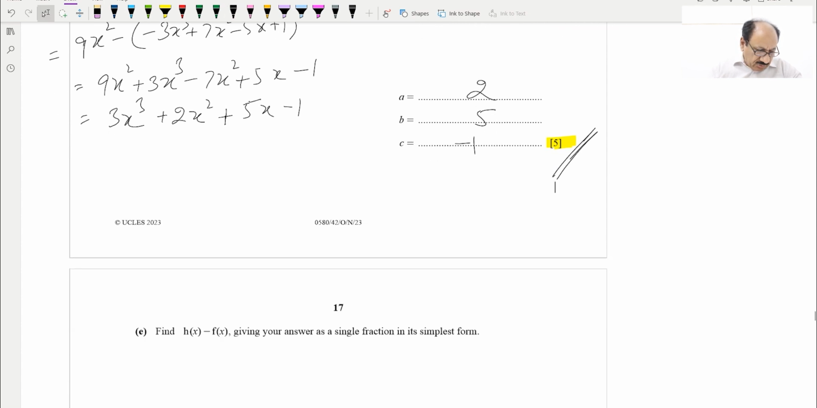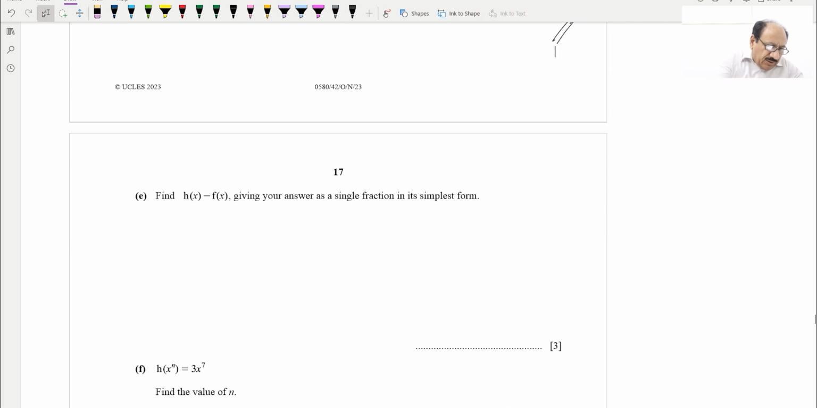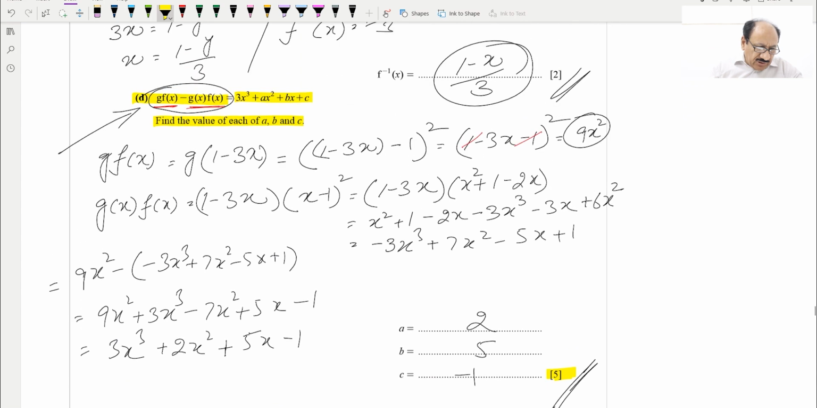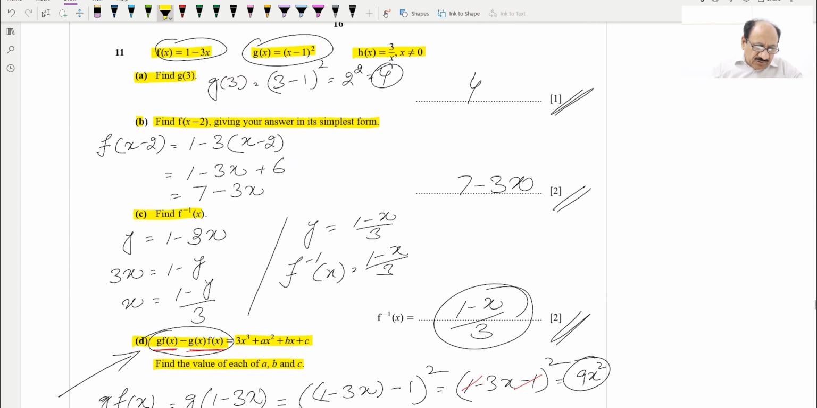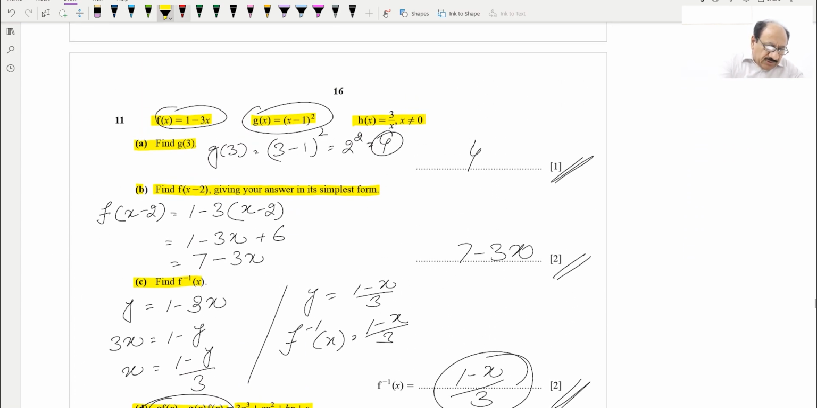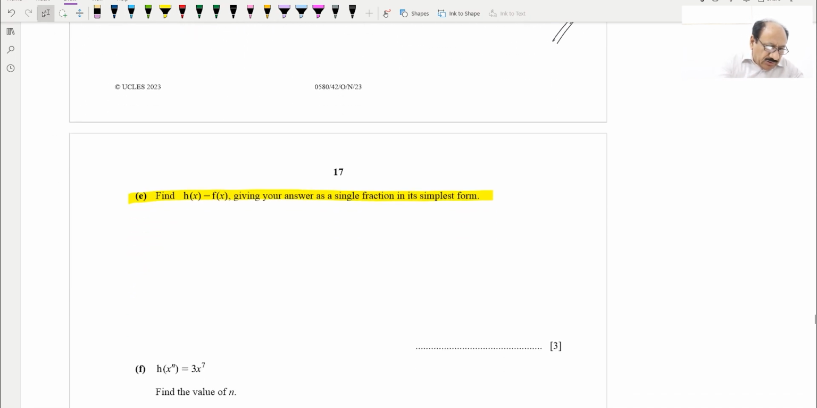Hopefully you understood this. Now part E says find h of x minus f of x, giving your answer as a single fraction in its simplest form. So h of x is what? h of x is over here, which is 3 over x. So we will write over here 3 over x, 3 by x, and minus, this will be f of x,